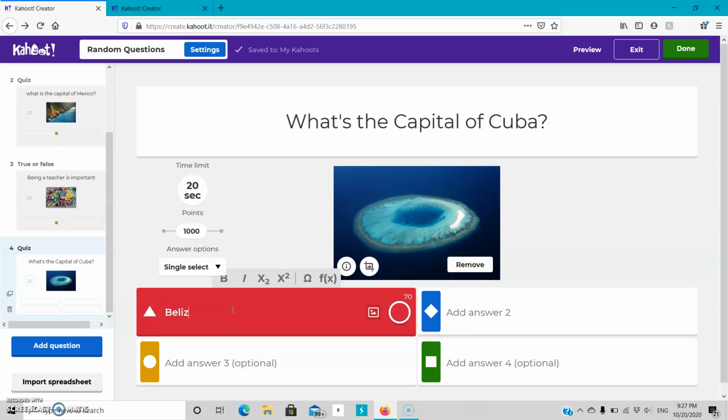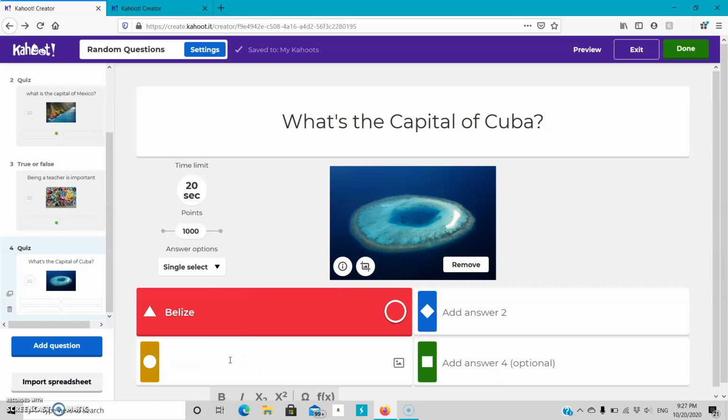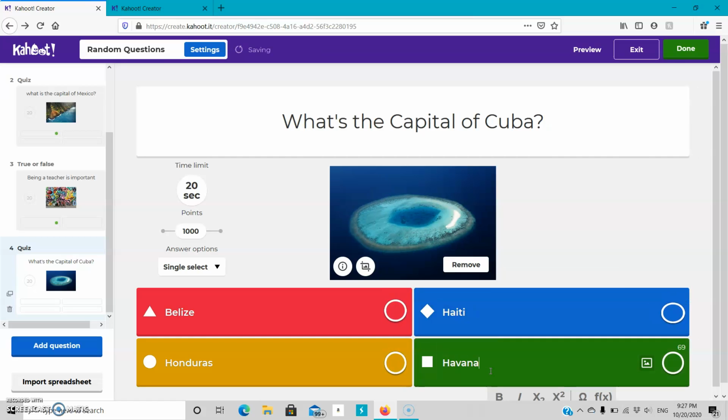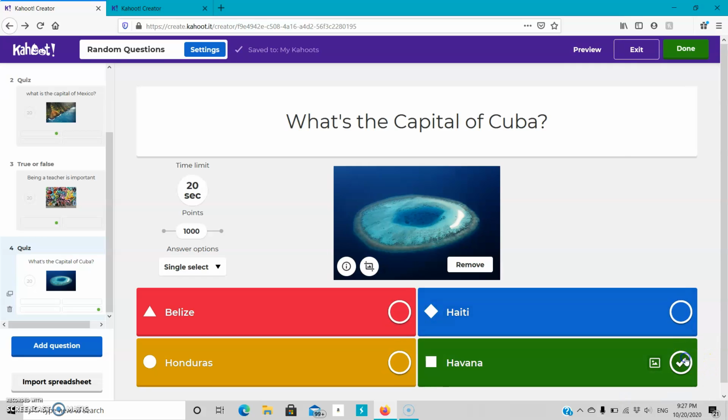So my answers I have are Belize, Honduras, Haiti, and Havana. Havana is the right answer, so you're going to click the little circle, the check mark, and then you're